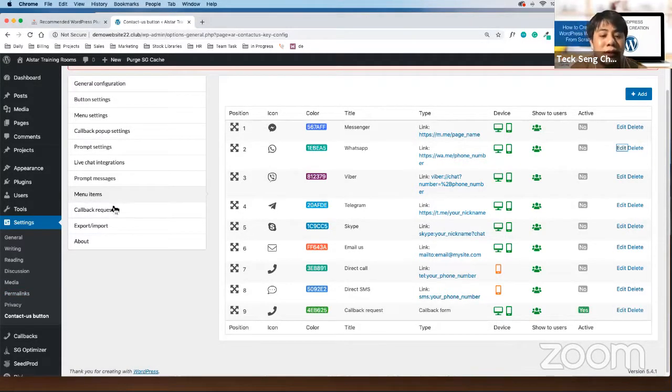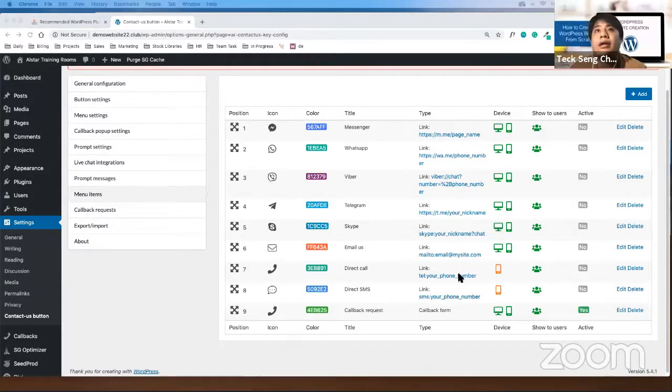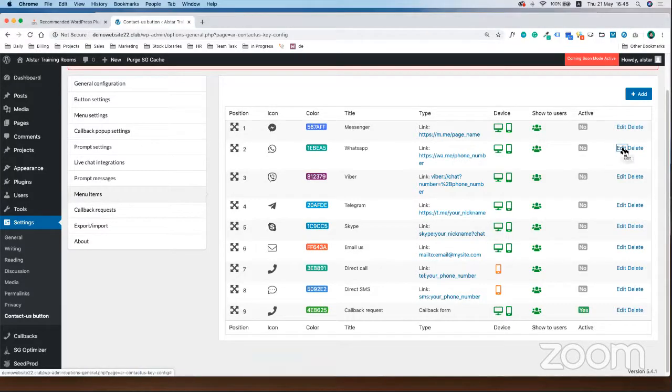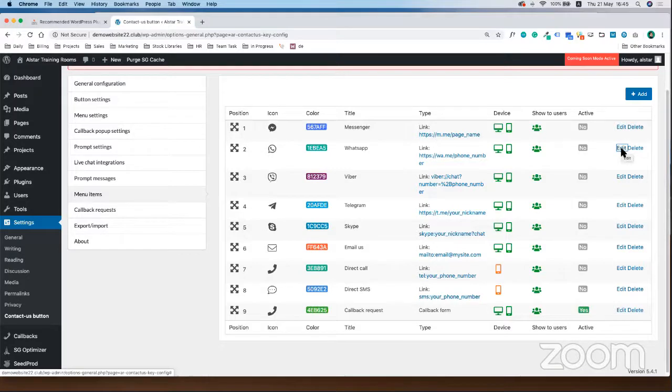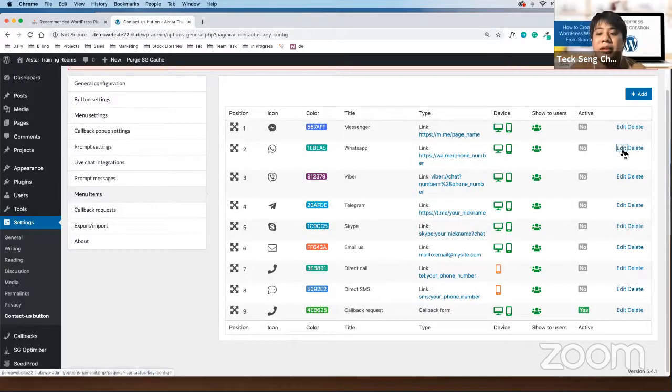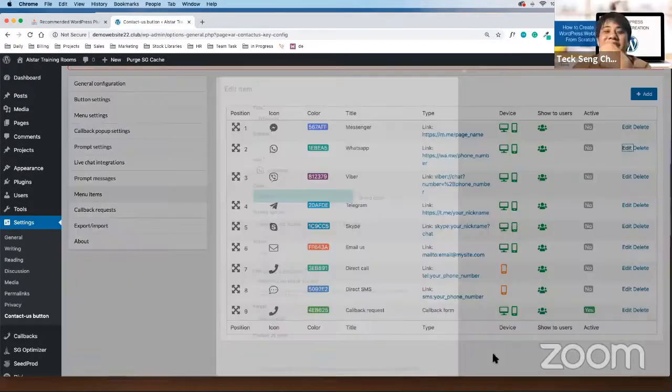Menu items. Then click on this WhatsApp. You will see edit on the right hand side. Yeah, edit.